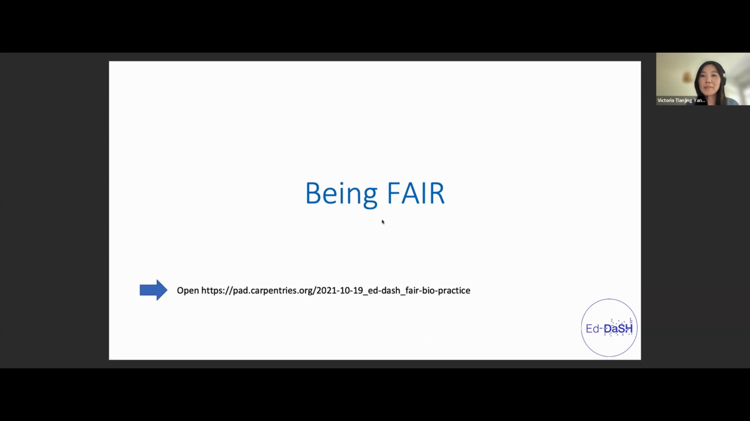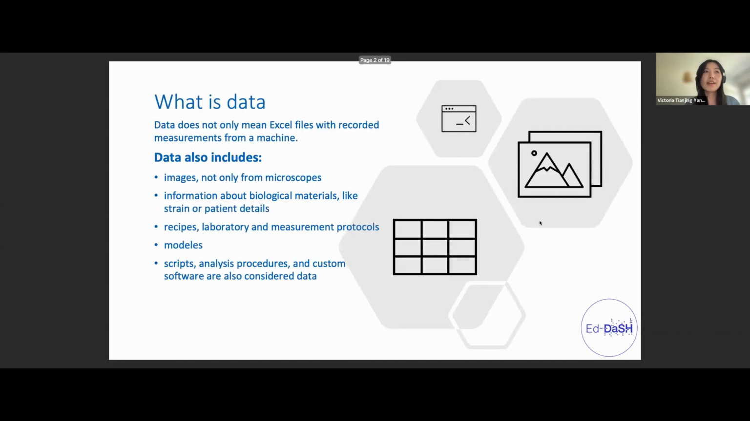So thanks for coming back to the second section, which is about being FAIR. This is regarding the application to data. So what is data? Data is not only information that is recorded in an Excel sheet or in a structured